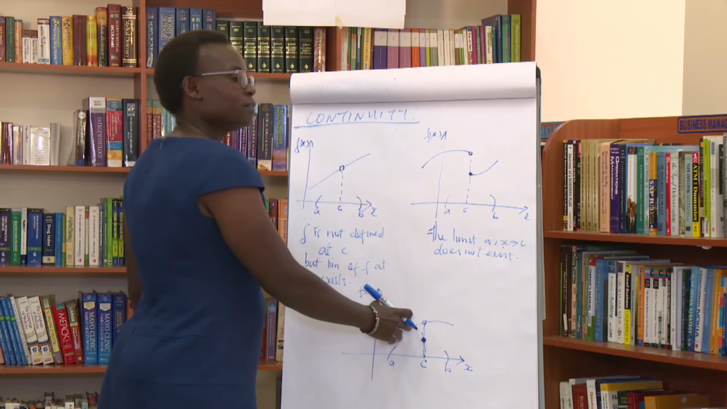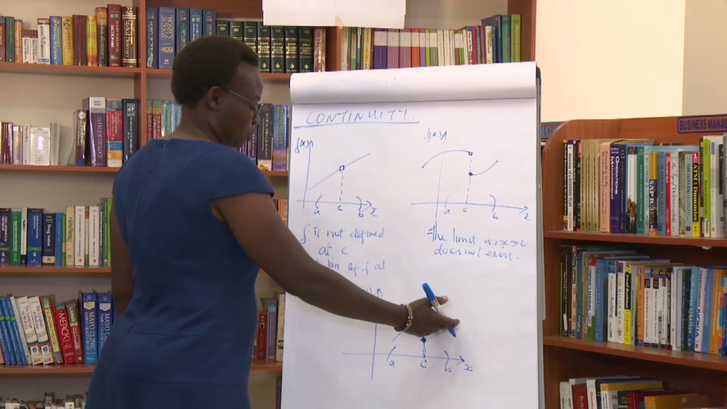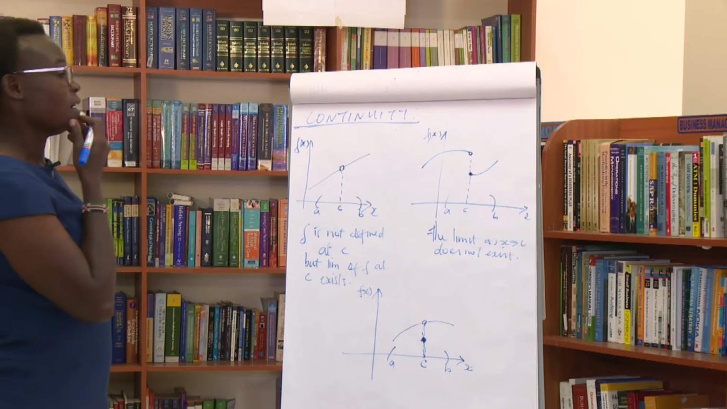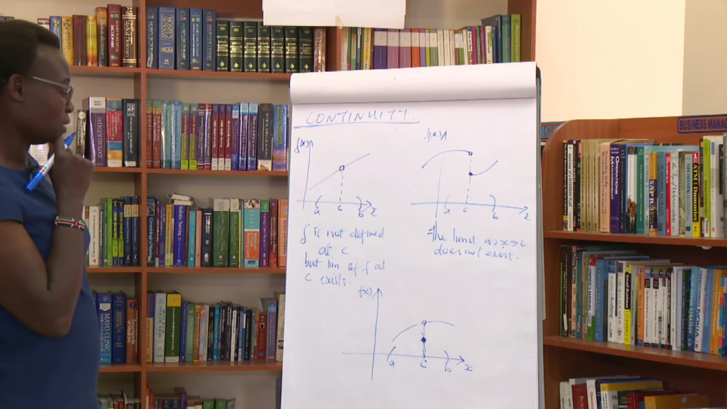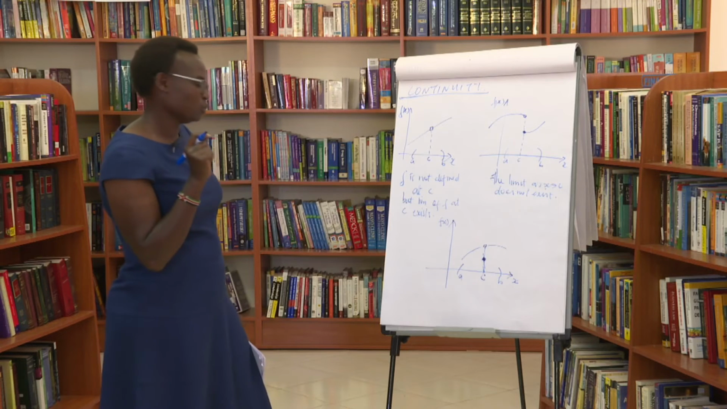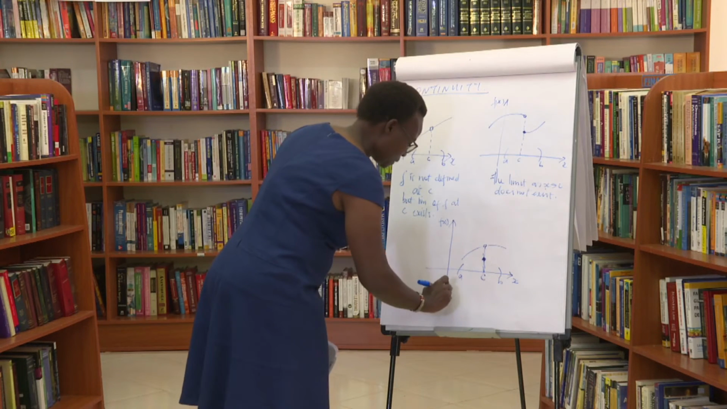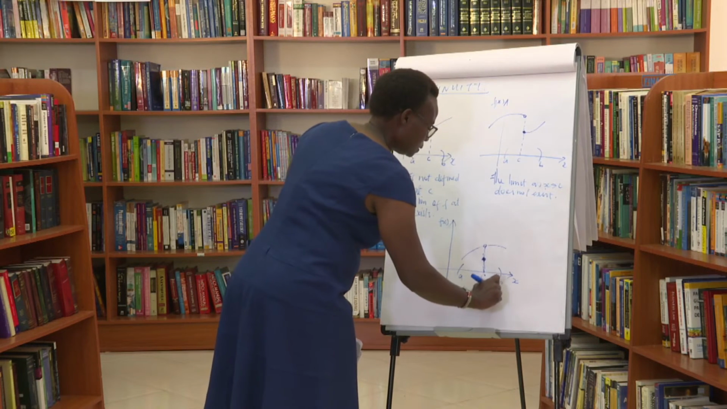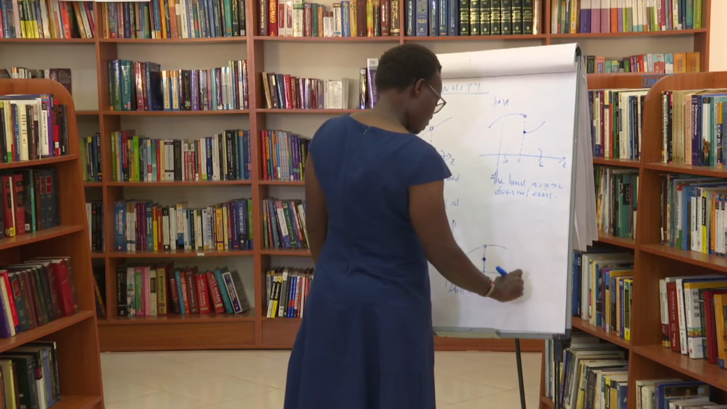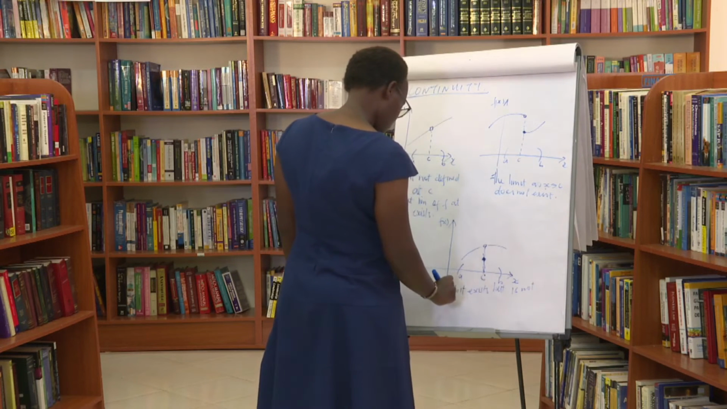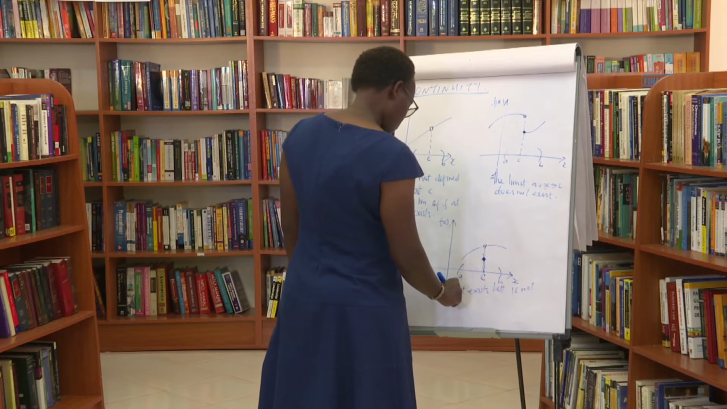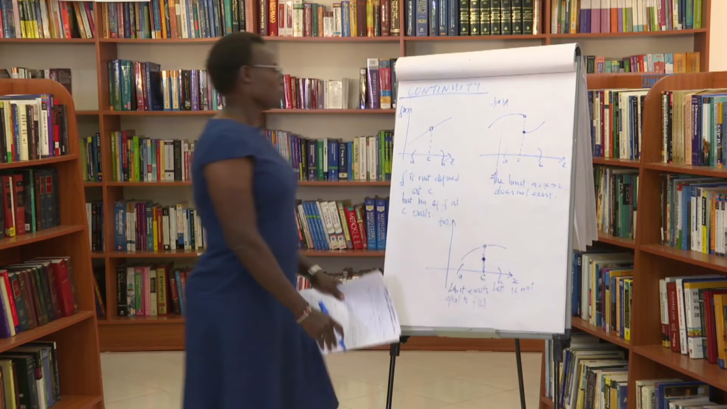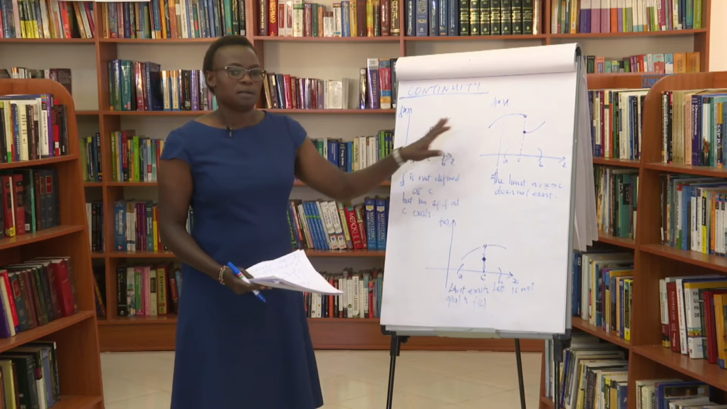But if we pick values that are very close to C, both from the left and the right, it's giving us values that indicate that actually a limit exists, but the limit is not equal to f of C. So we can make that conclusion here. A limit exists, but is not equal to f of C. So these three